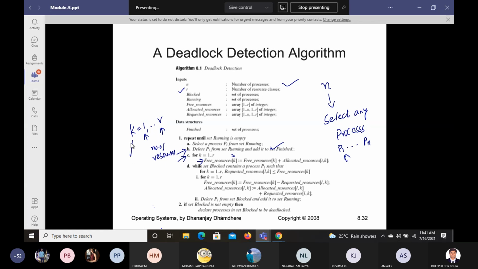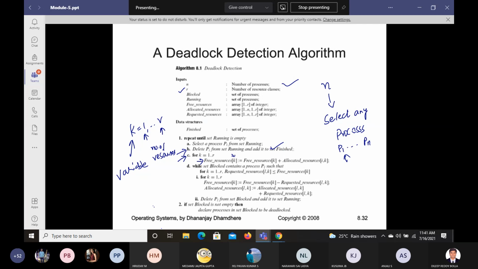Whereas this k is a variable part. This k is a variable. We are taking some random variable, like k equals 1 to r. Any of the values it can be. K can be 1, k can be 2, k can be maximum up to r. Okay. So in this process, when we are trying to do here,